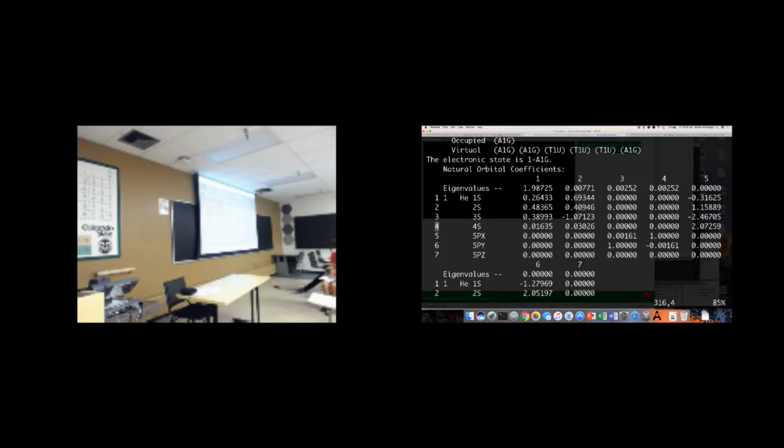Now, I've run this job, and you can look at the log file. This should be in your folders. And here again, I want to focus on the population analysis. If we look initially, ignoring the eigenvalue, at the values that are composing orbitals 1, 2, 3, 4, and 5, we see that it's quite similar